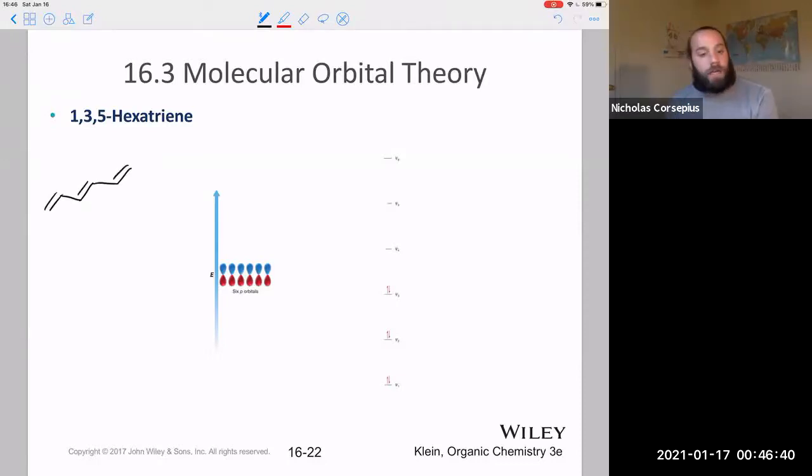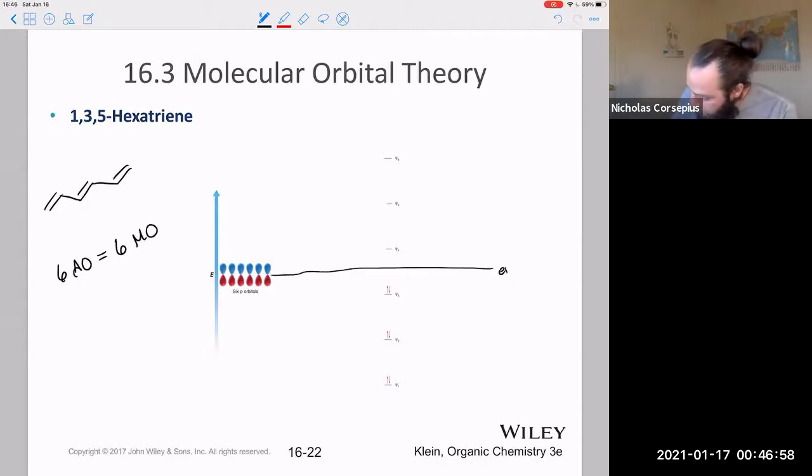1,3,5-hexatriene. Okay, how many atomic p orbitals am I going to be mixing? 6 atomic orbitals. So then how many molecular orbitals should I get out of there? There should be 6 molecular orbitals as well. Half of them, so this is the energy of p alone. Half of them